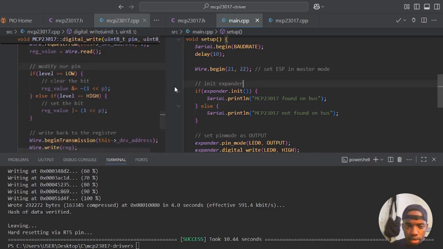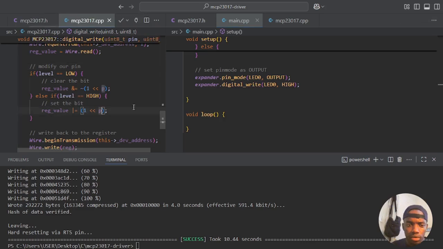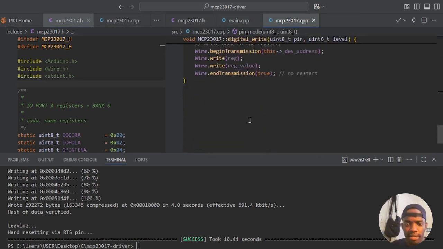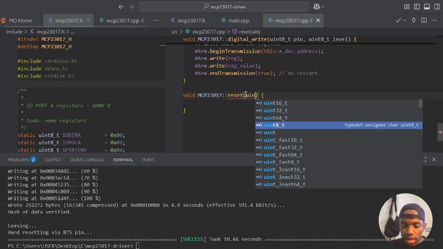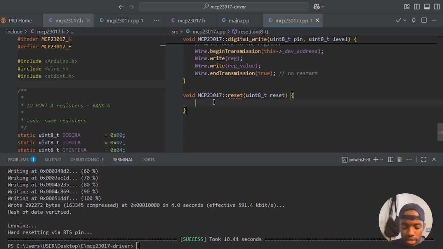Let's write them. Let me reset. Let me write a reset function. Then write a reset function. So right here I can say void MCP23017 is set. So we should expect a reset pin, the pin at which the reset pin is connected. Right? So we just want to say